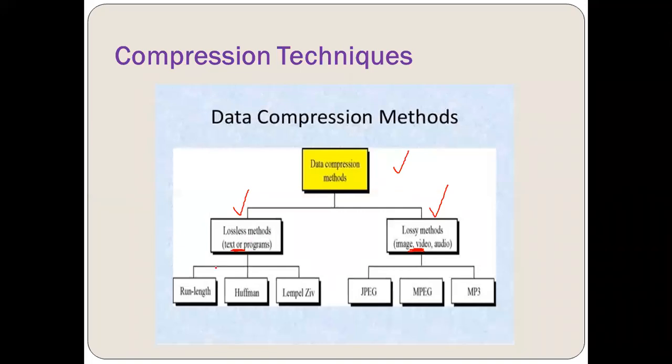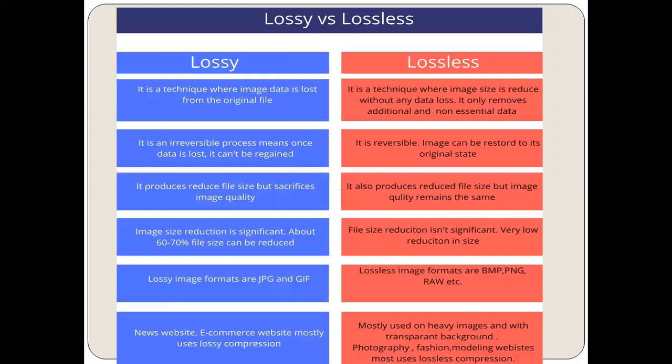Now, lossless methods have different types of algorithms which we use for encoding. These are RLE, that is run length, Huffman, and LZ, that is Lempel-Ziv. These are the ones we are going to study in further lectures. And for lossy methods, we use JPEG, MPEG, MP3, etc. Right? So now the last thing is, let's understand the